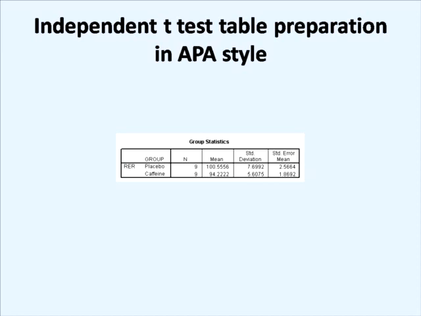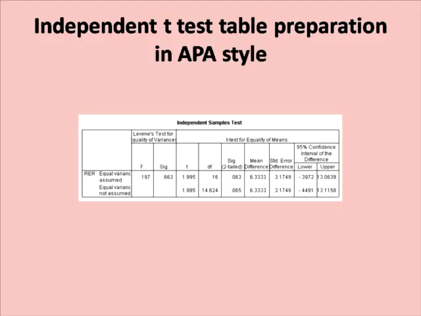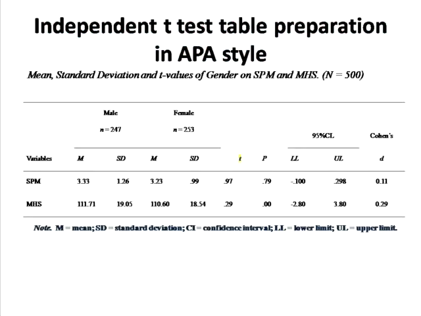This exemplary table has full mean, men mean, and standard deviation full. But in APA you just write M and SD, capital S and capital D. The mean and SD of the first variable go in the first row, and of the second variable in the second row. Also T, P, and CI for the first variable go in the first row, the second variable in the second row, the third variable in the third row, the fourth one and so on, put in this format accordingly.